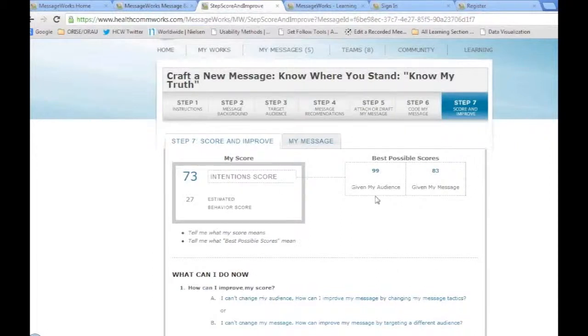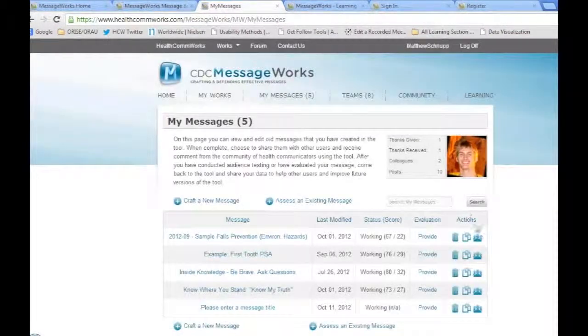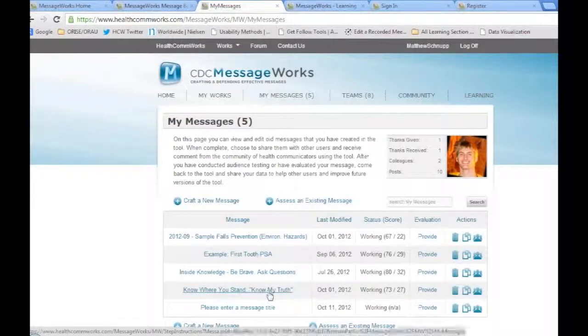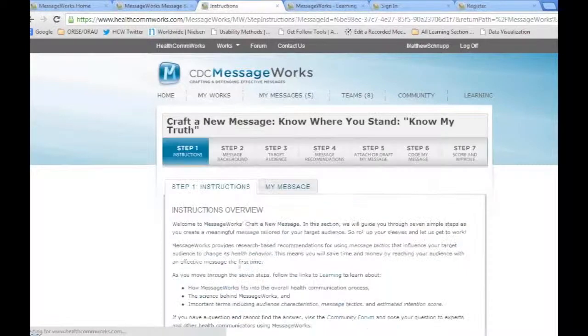And if you go through this process and you like it, you can very easily, everything's saved as you go, you can go back to your main area where you keep your personal messages, and I could share those with team members. I could create a team, and I can share this with the team and say, hey, I just went through this process with the Know My Truth campaign. I like what it's showing me. Can you go through it with me, and we can collaborate to increase the value of this process, to have everybody on the same page. So when we have that next meeting, I don't have to explain it to you. You know what we were looking at, and we can talk to each other.